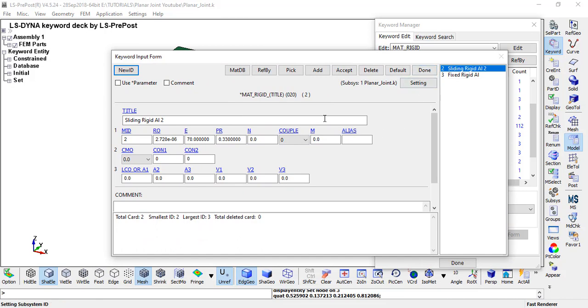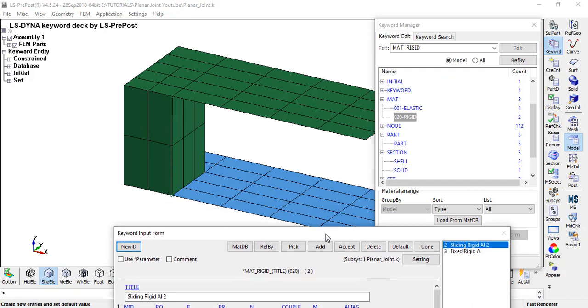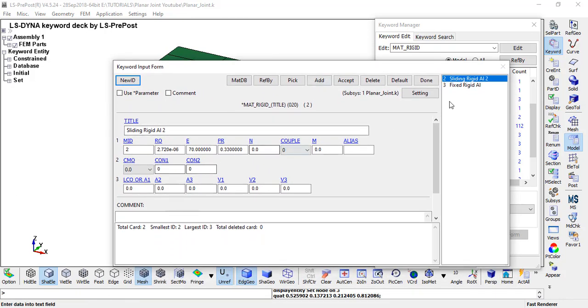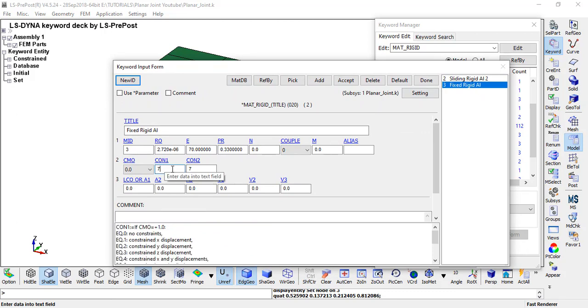I took the rigid body for both the bottom fixed and the sliding body, because for the fixed one you can constrain the degrees of freedom. The degrees of freedom in the rotation and the translation are completely constrained in x, y, z directions in the translation as well as in the rotation direction.